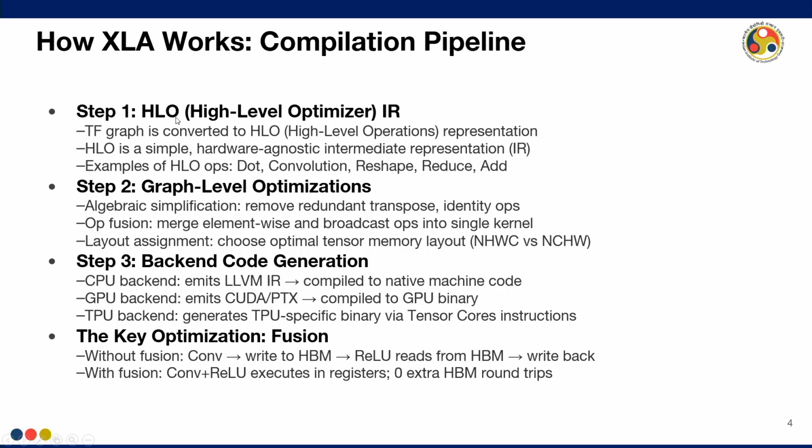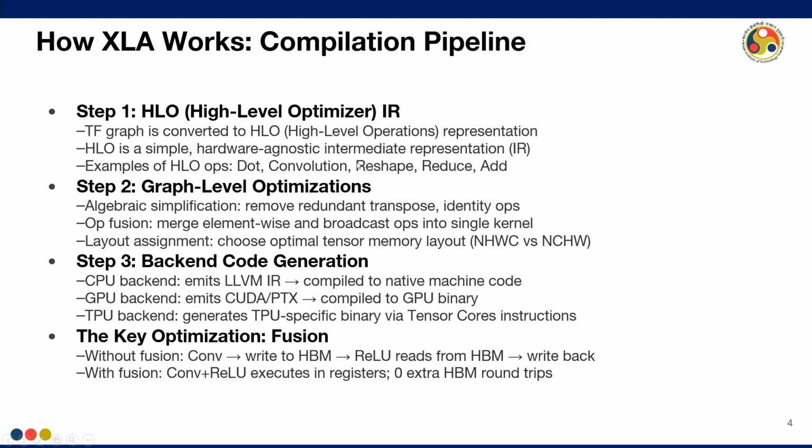Now, in this step we create this high level optimizer IR, or HLO IR, which is widely used for TensorFlow kind of frameworks, where the TF graph is converted into a high level operations representation, and this representation is used in the optimization. So, this is hardware agnostic, which means it is not dependent on any hardware optimization,